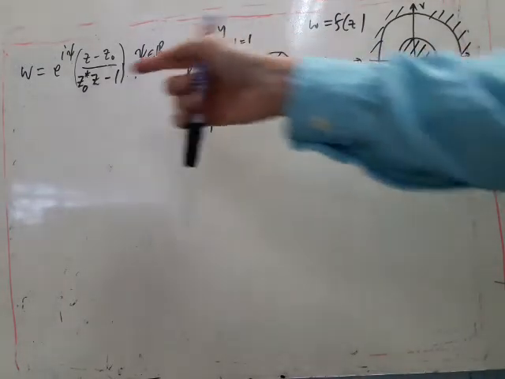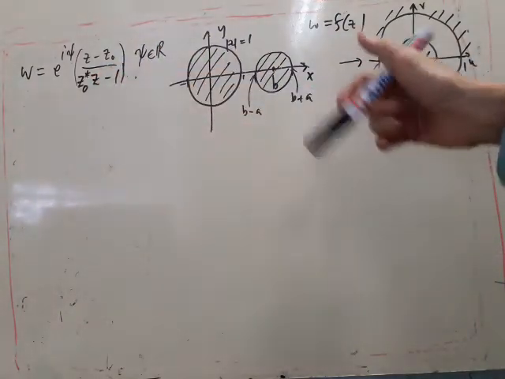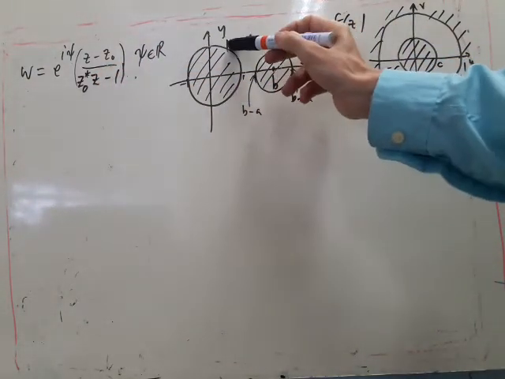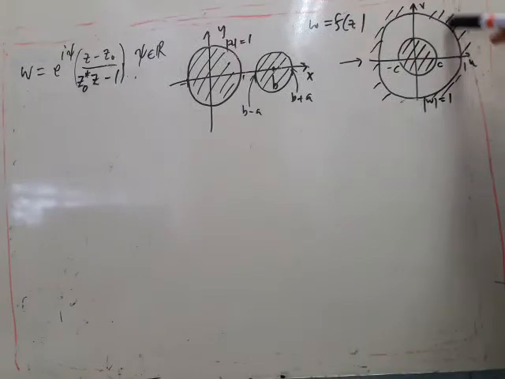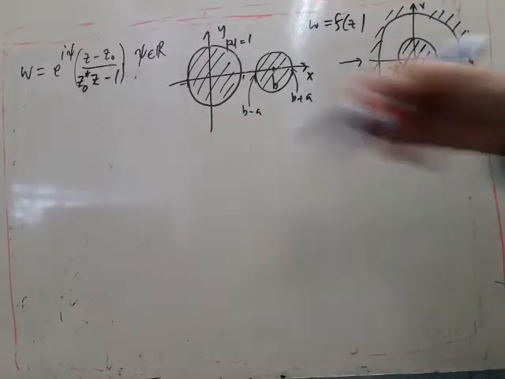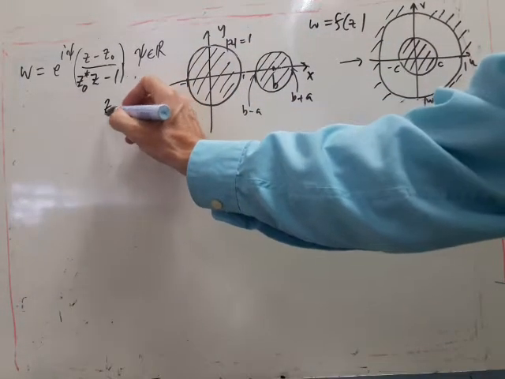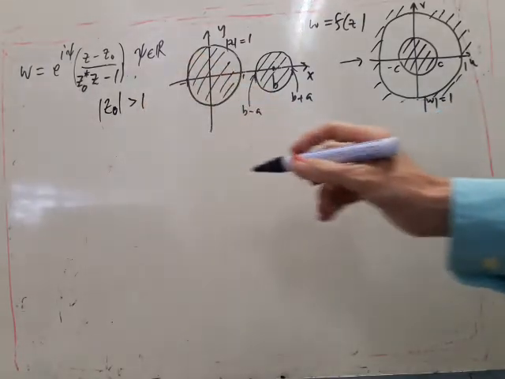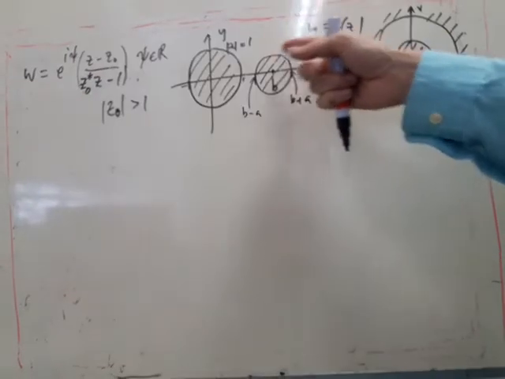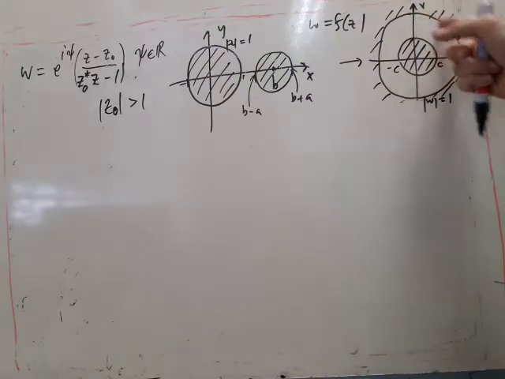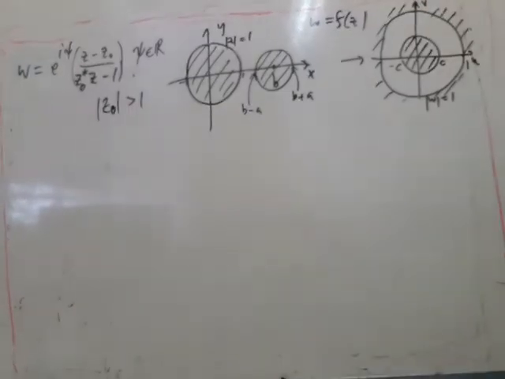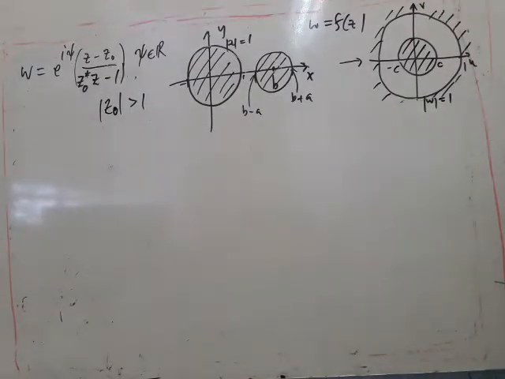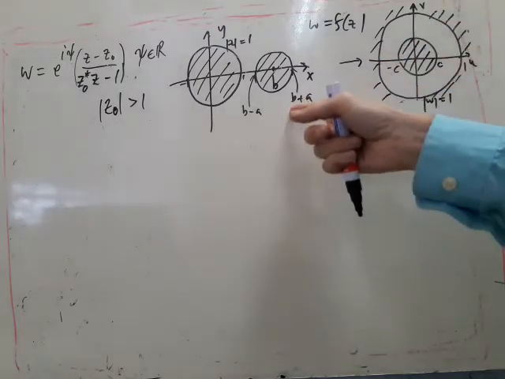So again, if we use a transformation of this form, this circle here will automatically get mapped to this circle here. And as long as we choose that z0, mod z0 is greater than 1, we know that the exterior of this unit circle will get mapped to the interior of this unit circle in the W plane. Okay. Now, this problem is actually very similar to the two eccentric circles, because basically what we want again is